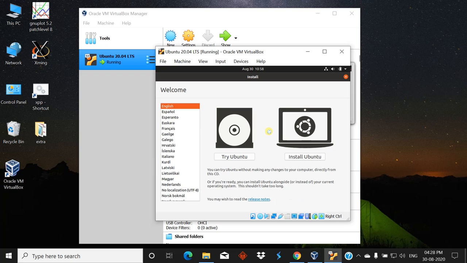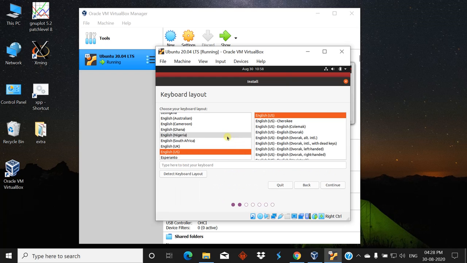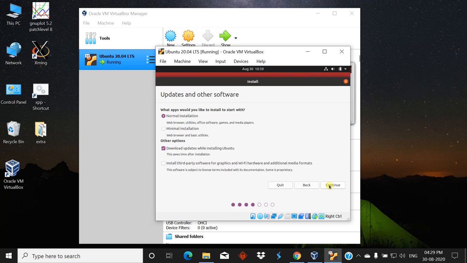Now to install the Ubuntu ISO permanently in this virtual machine, the following steps are to be followed. So here, install Ubuntu, and on the left side you see the preferred language, English US. Click on continue. Now here there is an option for normal installation, and third party software can also be installed during installation if an internet connection is available. So also check it.